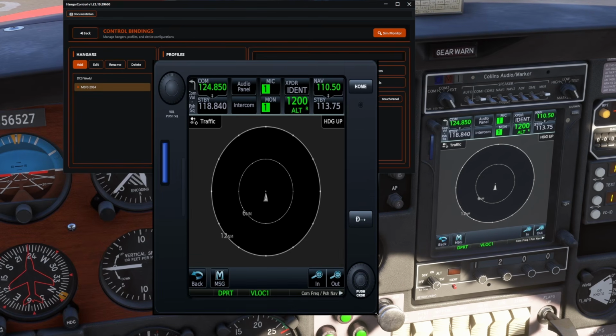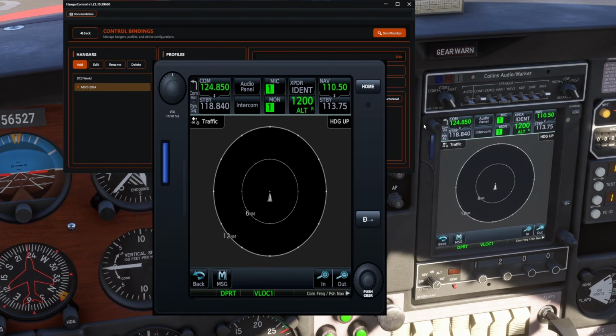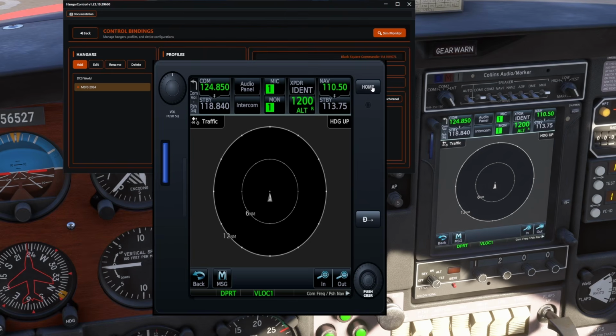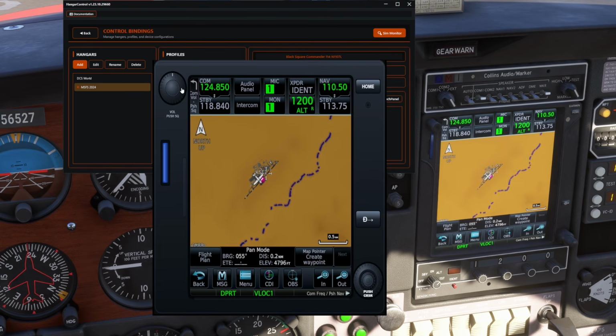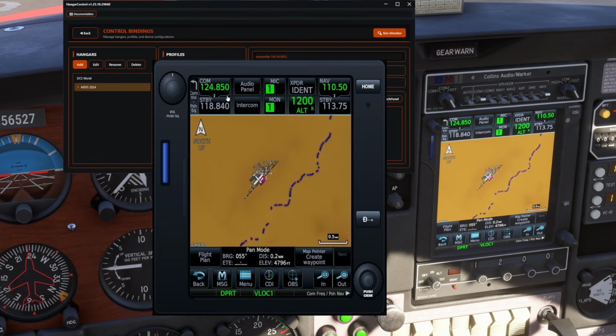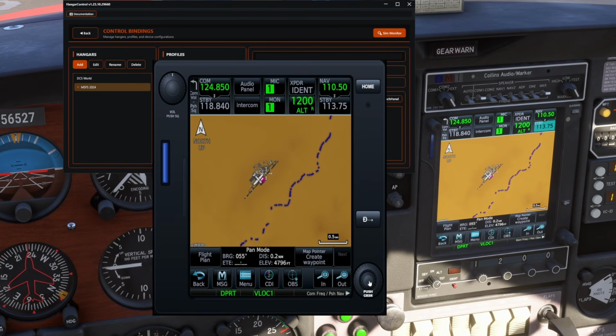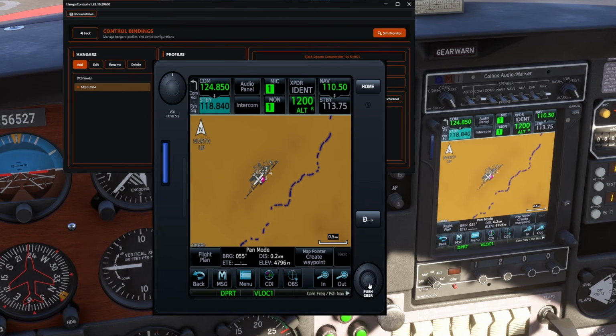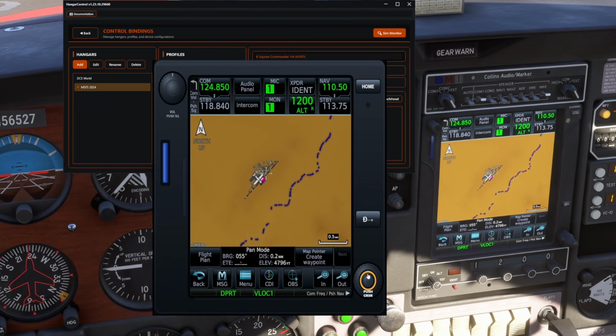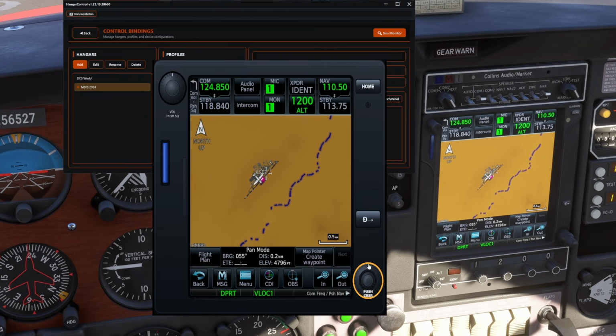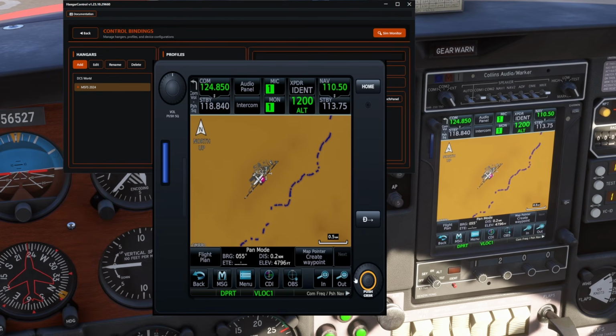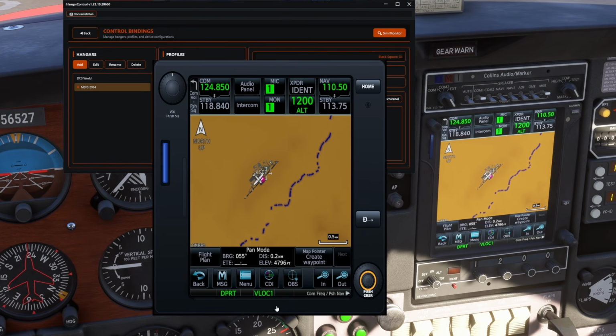Looks like it's a little narrow for what it should really be. Okay, and then we can use all of our standard features. If we want to select our COM or anything like that, right? You can see that we're selected there. Give it the push, and you can swap which frequency you're adjusting. Select your encoder. There's the outer encoder. There's the inner encoder. Now, you do want to make sure you're on a bezel point,